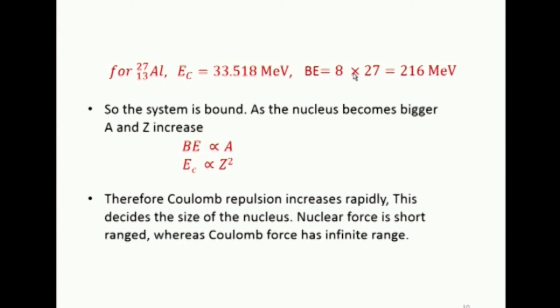Therefore, it is held together. That is what we are trying to say. If we take uranium, this Coulomb energy will be greater than or almost equal to this binding energy. In that case, it becomes very unstable for uranium. So, if you disturb it slightly, they will separate. And how do you disturb that?